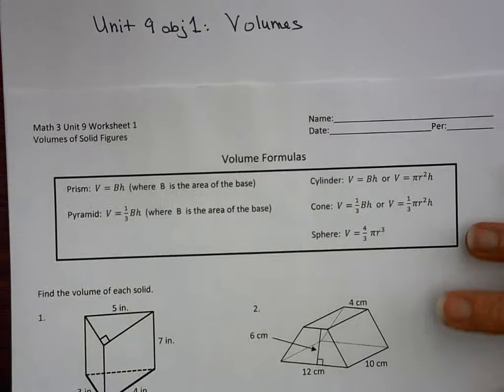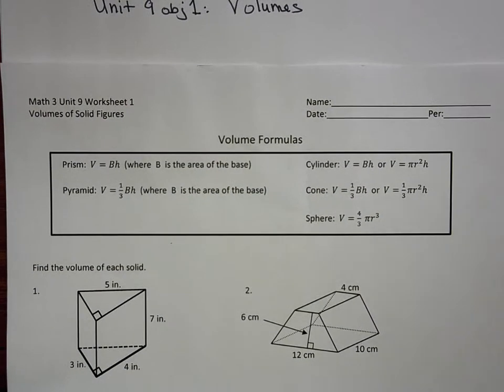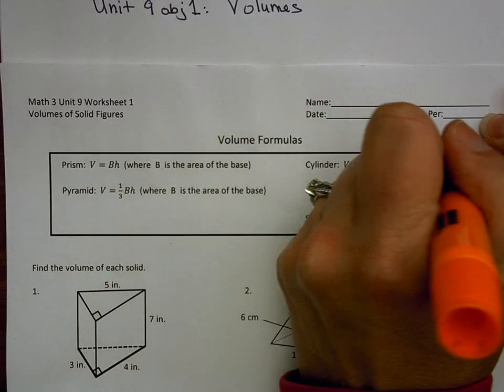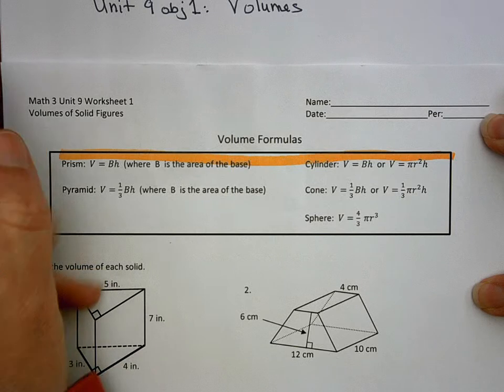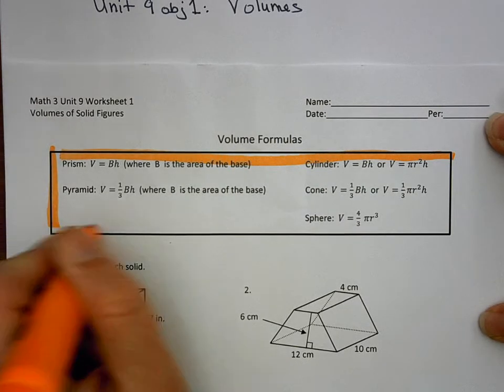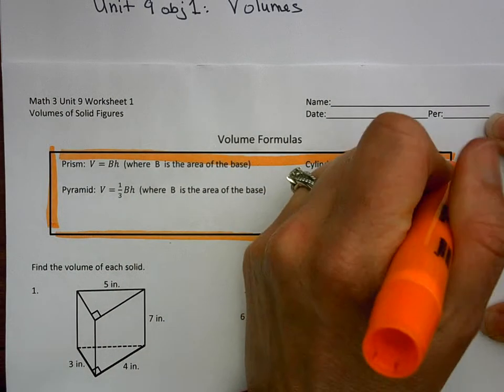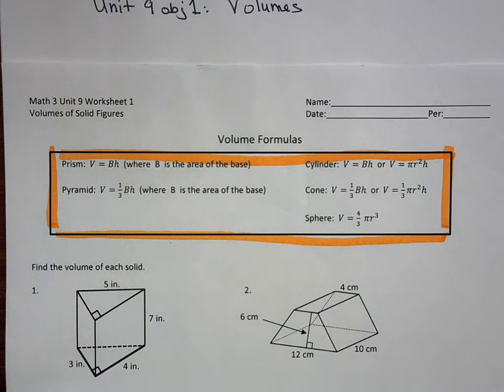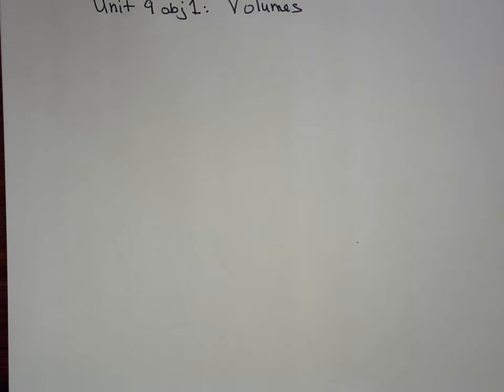So on your worksheet, there will be these given formulas. And so these are formulas that we do have to memorize. So we're not going to be given a formula sheet for the test, so we will have to take the time to try to memorize a few of these. Okay, so on your worksheet from Objective 0 and then again on Objective 1, we will be given formulas, but we do have to take the time to memorize them. Okay? All right,